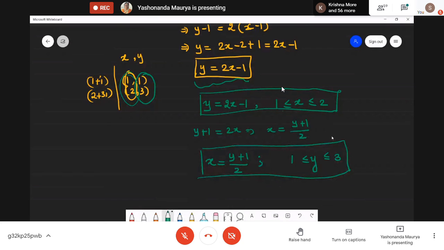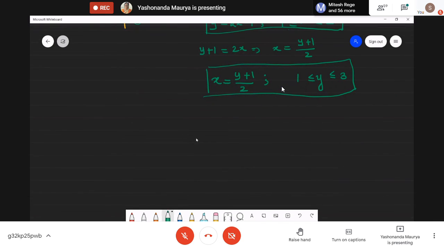The chapter is pretty simple. The only thing is, we should be comfortable in identifying these curves. That's it. Mostly we will get lines and circles. Now one more thing. How do we deal with circles? Let us do these curves only today, so that it will be convenient for our next lecture.